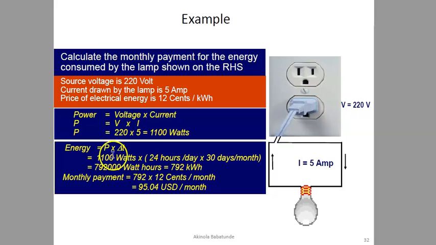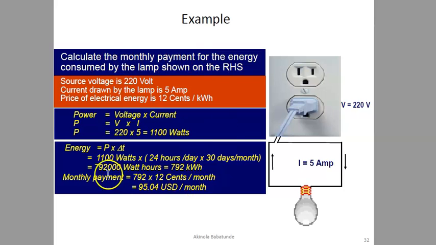Energy is usually equal to power times time. Since we know our power to be 1100 watts, we bring that straight up here. How do we know the time? Since we are dealing with monthly payment, we have to find out the total time in the month. Total time in the month would be 24 hours in a day and 30 days in a month. So you have 24 hours per day multiplied by 30 days per month. That will give us the total number of hours that we're talking about in a month,